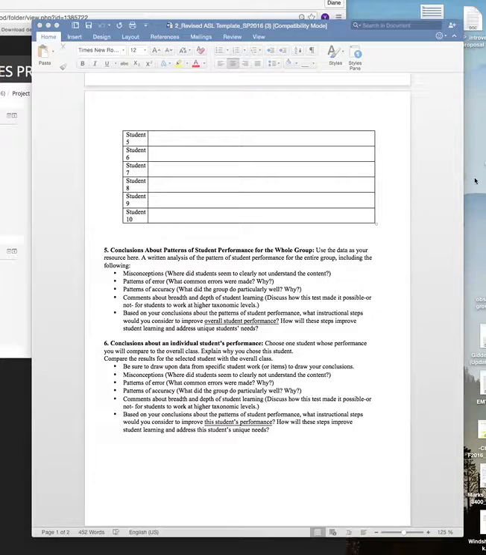And that would be the breadth. They may only understand the larger ideas or one small idea. So that's something that you'll want to talk about. And then once again, you want to put together a plan for this one student. A remediation plan usually is what you'll have. What will you do as a teacher to improve this student's